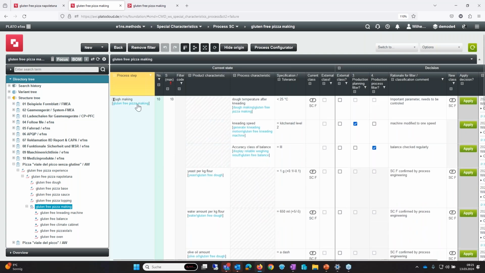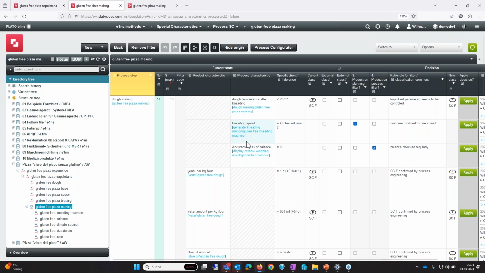So here's my dough making process, and the form sheet for special characteristics looks very similar to the design one. We have the process step, the product characteristics, the process characteristics, which were assigned before when we created our process flowchart, and